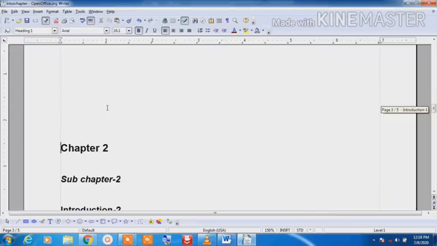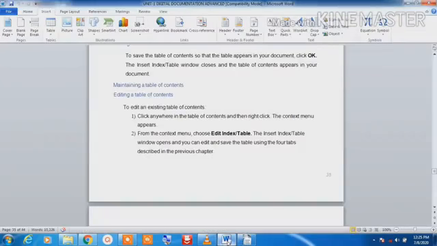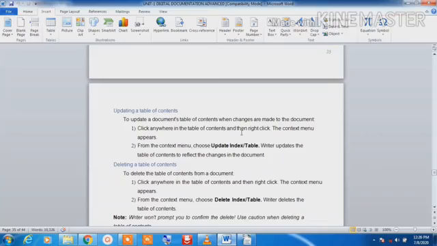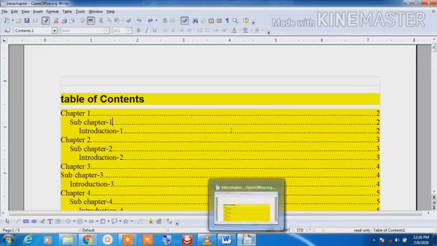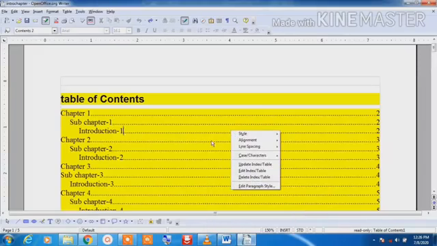Next is maintaining a table of contents. There are three options. First is editing a table of contents, second is updating a table of contents, and third is deleting a table of contents. Here, right click the mouse button.